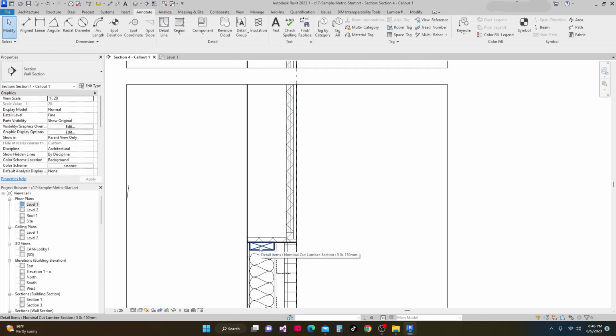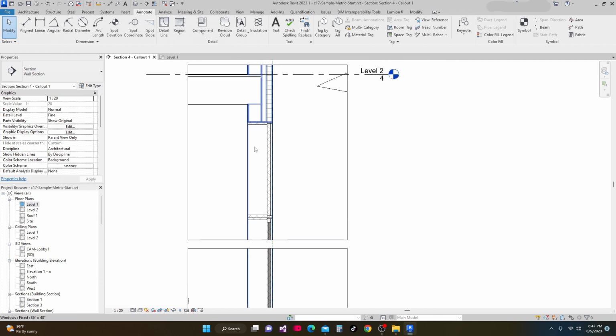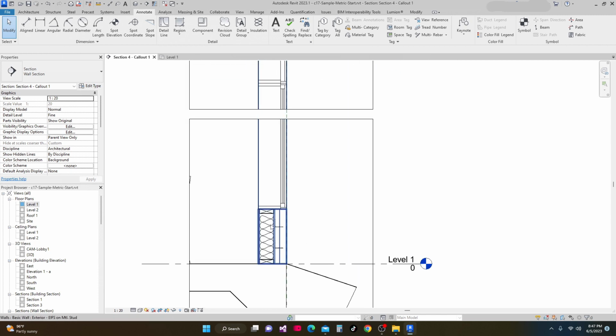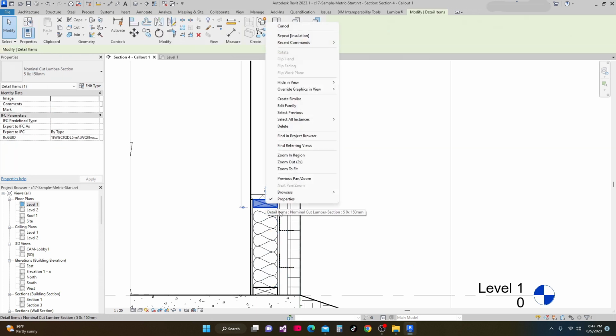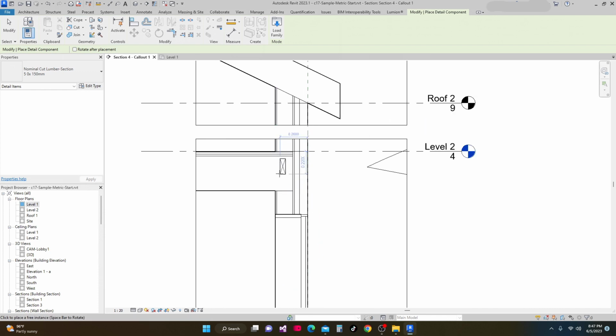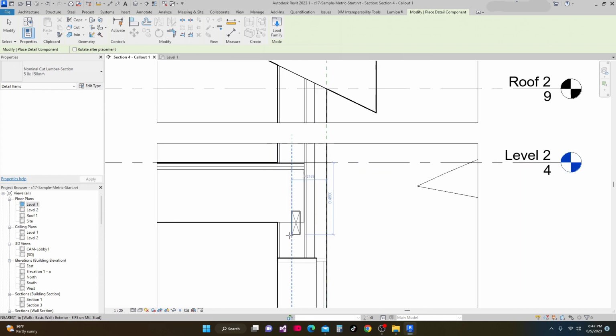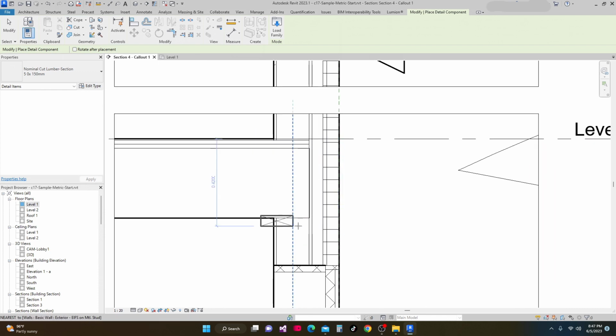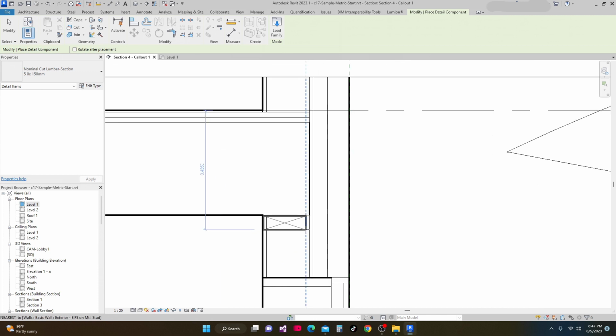this nominal cut lumber section here. I just create similar also, and place this one nominal lumber here. I'll just click this and place it like this,